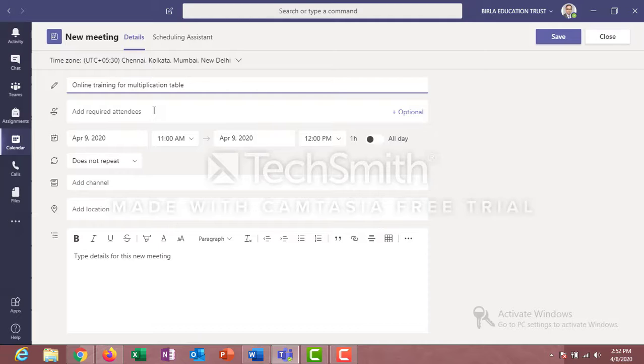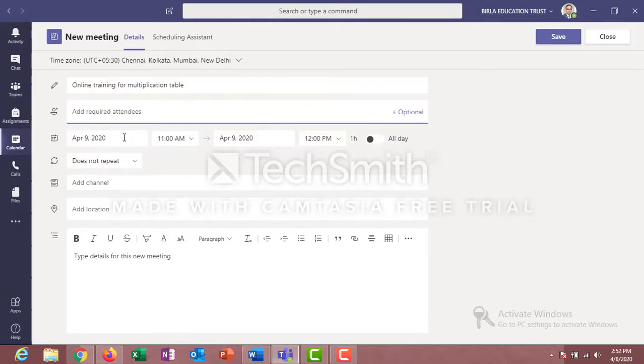Now this particular area is very important. This is the area where we need to type, or we need to copy, the email addresses of the students. Now this is very important to understand, that the email addresses should only be Gmail. So you need to collect Gmail addresses of each and every student, and then you have to paste them here. As of now, I am just typing my own email ID. So you can see, as soon as I type my own email ID, it will ask me to invite bisq.manish@gmail.com. So I'll simply click on it.